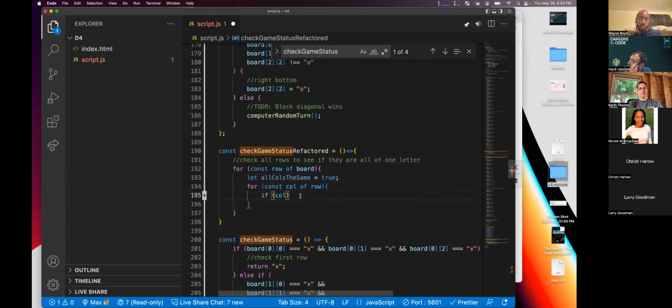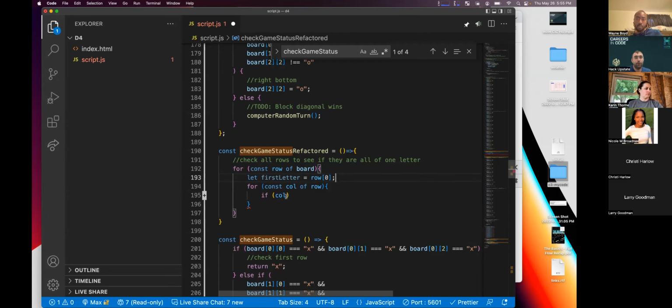Could we get the first element in the row outside of the column loop, then compare to that in the column loop? Sure, let's try that. We're going to say let first letter equal the row 0.